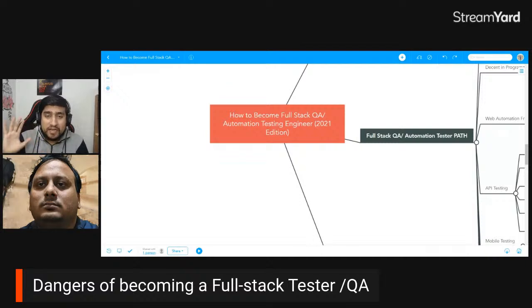It doesn't mean I haven't done mobile related stuff, or performance related stuff. If you see my profile on HackerOne, I have done security related stuff also. So that is again a plus point, but it's exactly not my niche in that case, right? So that's what I'm suggesting. Right, I think we can take some questions.